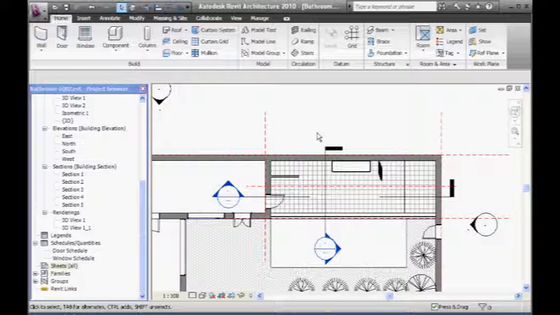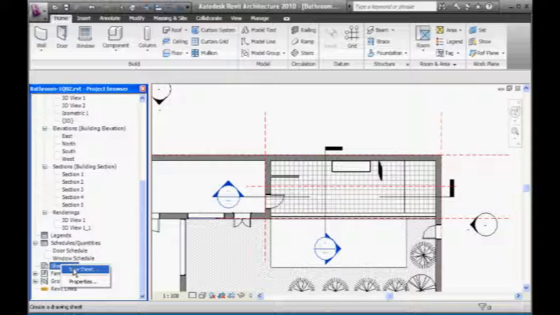And you're better off just thinking about getting the output that you need. In other words, having what you need shown on the sheets and modelling according to that. So in other words, don't put in unnecessary detail that you won't see on your drawings. So by setting up the sheets, you can often get a good idea of the things that you actually need